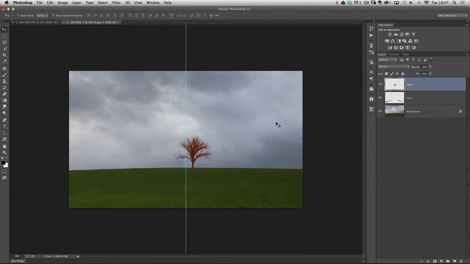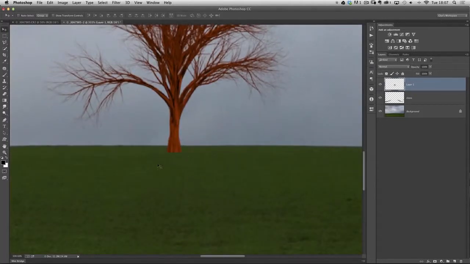So now on the tree layer, I can use my left arrow key and push the tree so the middle of the trunk is right on that middle guide there. So that's fine, and we can get rid of that guide. I might make the tree just a little bit smaller, so let's go back to Free Transform and bring the tree down just a touch more, something like that. Press V and we'll bring it down just so that the bottom of the tree is just on that part